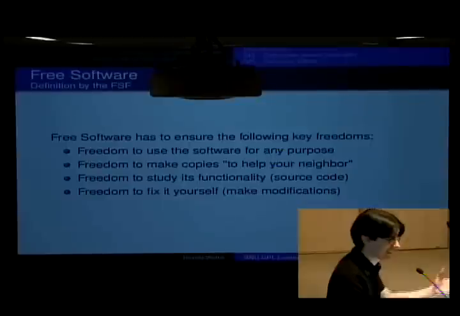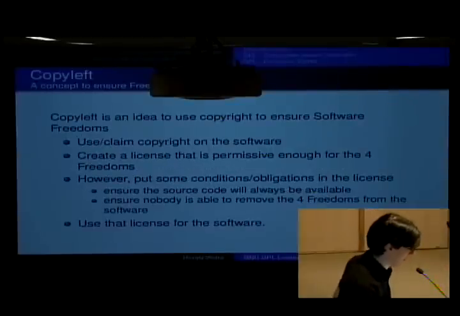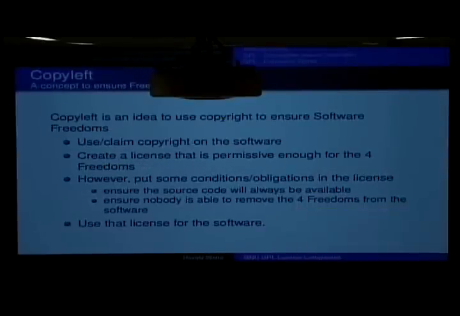So I think just put that in perspective when we talk about these legal issues. Again, some terminology. I think copyleft has not been mentioned before. Copyleft is the idea to use the legal concept or the legal framework of copyright to ensure those fundamental software freedoms for software.